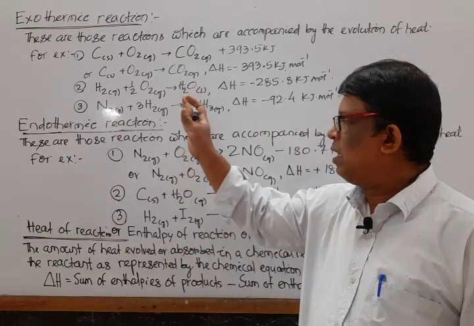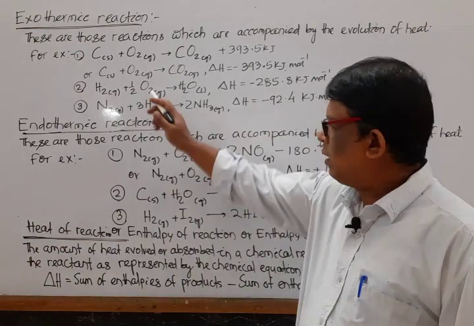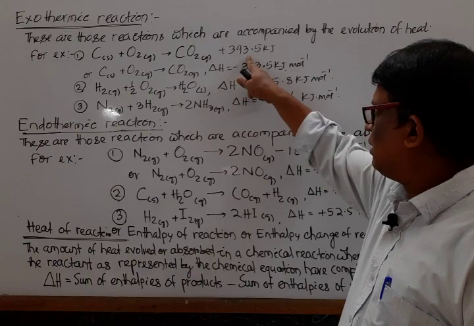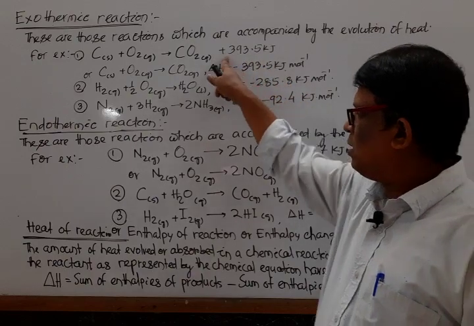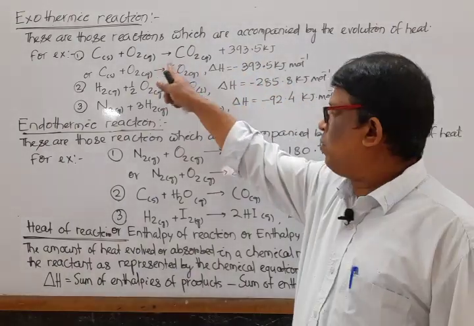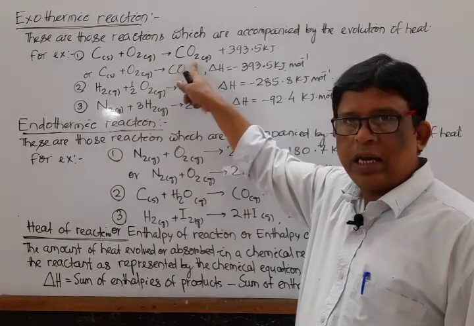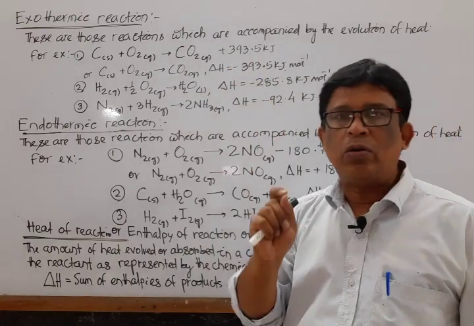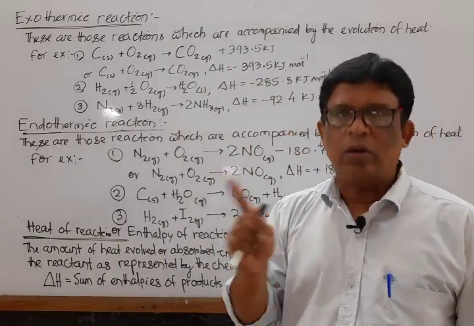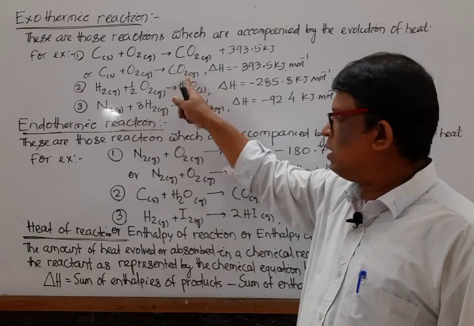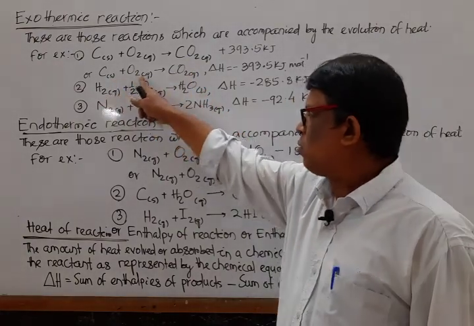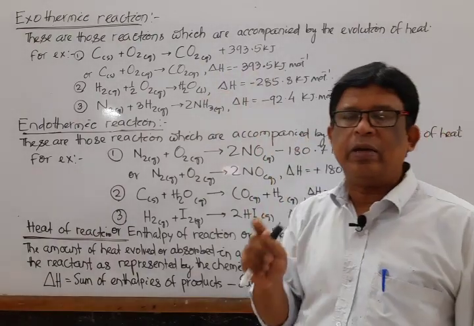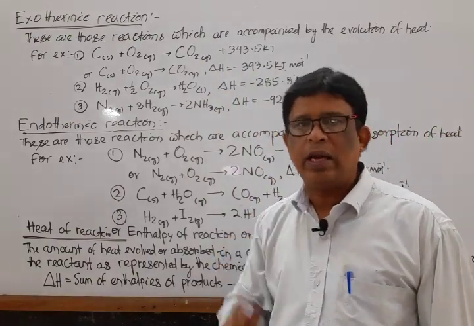There is some experimental data we have to remember. Mark that. C plus O2 give rise to CO2 plus 393.5 kilojoule. So this equation indicates that during the formation of the product, carbon dioxide, this amount of heat energy is evolved. On the other hand, it is also represented symbolically as C plus O2 give rise to CO2, comma, del H is negative. Del H negative indicates that it is an exothermic reaction.